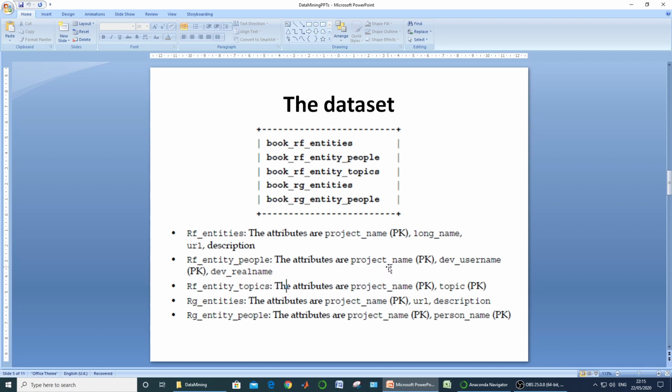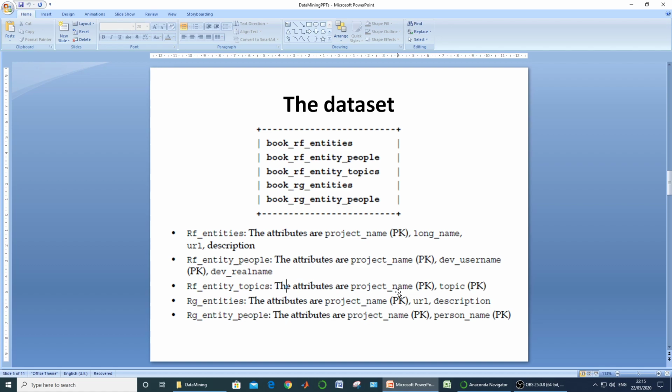For the second table, that is RF entity people, it is a table consisting of three fields. One is project name, again a primary key. Second one is developer name, developer username. It is again a part of primary key. It means it makes use of composite primary key. And the third one is developer's real name. The third table, that is RF entity topics, contains discussions, or you can say it contains description of the topics for which project P belongs.